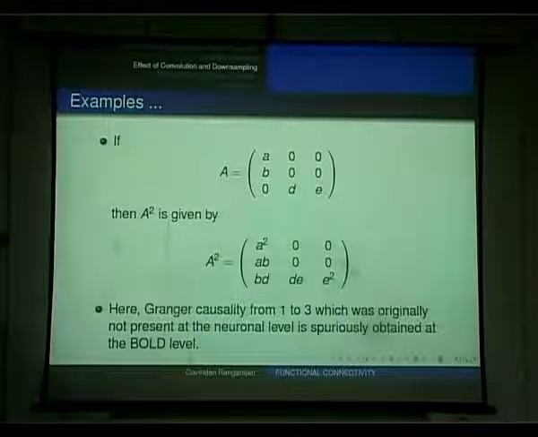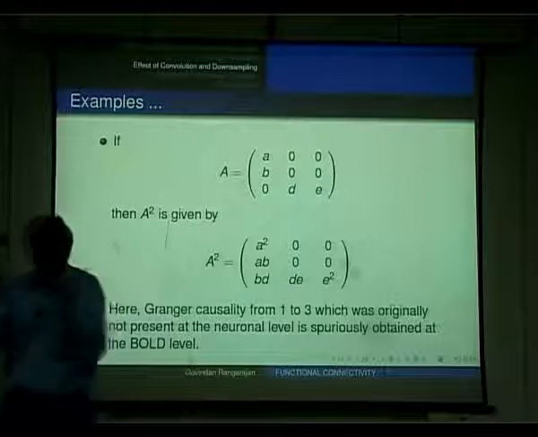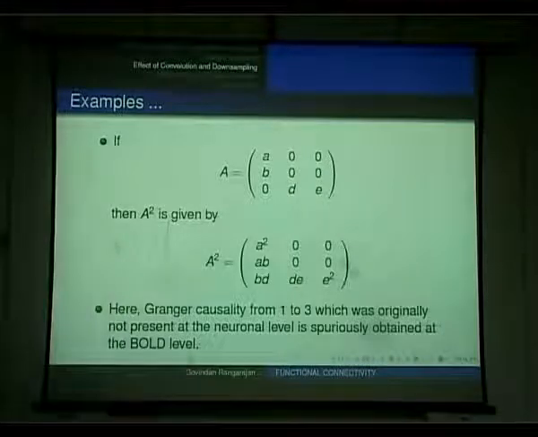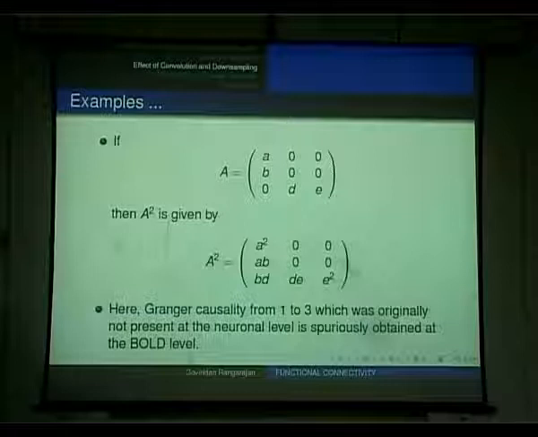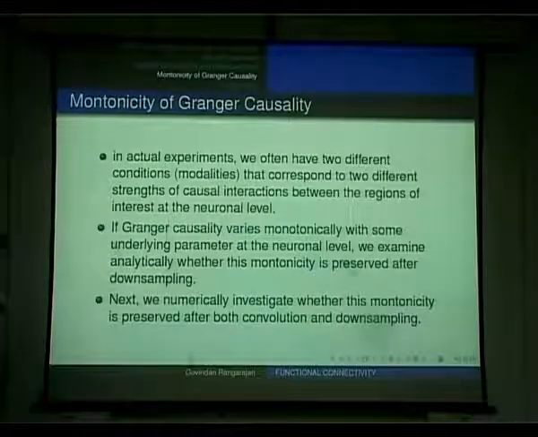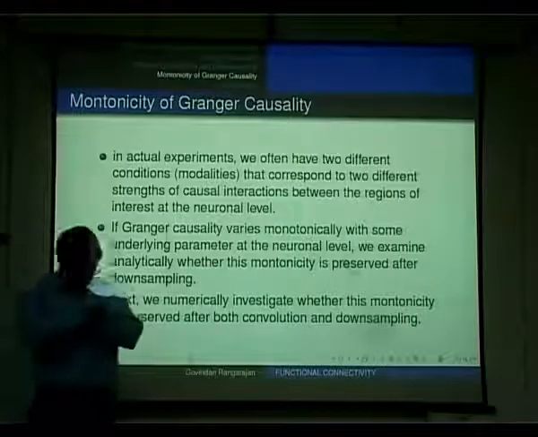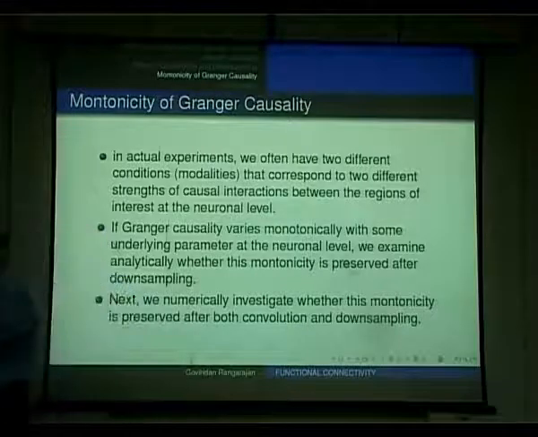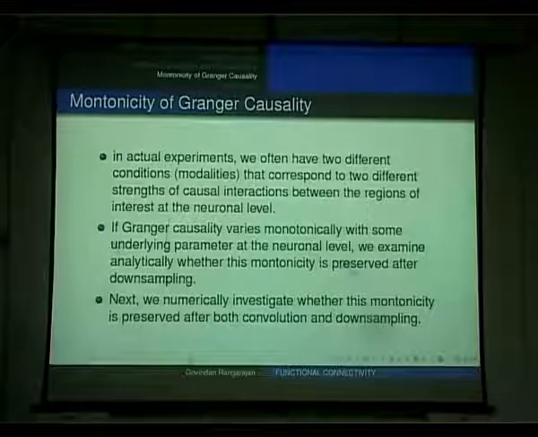If you are only interested in analyzing the board level signal as a signal in its own right, and you are trying to distinguish between different conditions, then everything is okay. So we are only at the board level. But it turns out things are not so bad, even if you are trying to do the mapping between